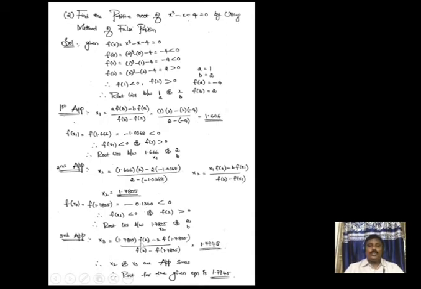So in the third approximation I have 1.7945. So I can see that x2 and x3 are approximately the same. So I have to stop this process. Why? Because these two are approximately the same. By seeing this, we can decide the solution for the given problem. Therefore, the root for the given equation is 1.794.